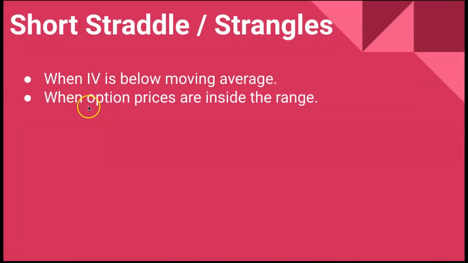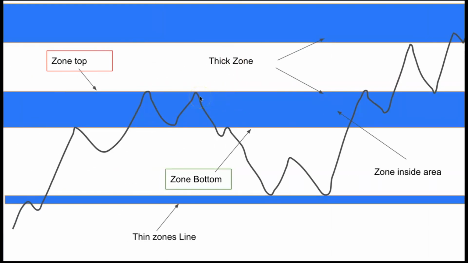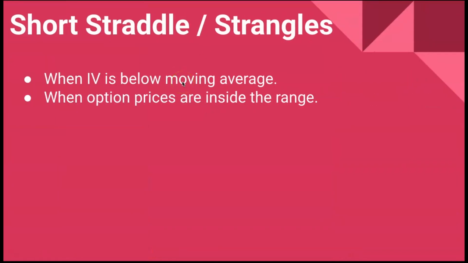And the next point is when the option prices are inside the range. Like I have explained already, when the price is inside the zone, the movement of the price will be very small and the IV will be crashing. So whenever the price is inside the zone, you can hold on to your short selling position confidently, because there won't be much IV spike. But only when the price is going away from the zone, like here or here, you should be cautious and you have to book your profit, or you should trail your profits. So yeah, these are the two strategies for option sellers.